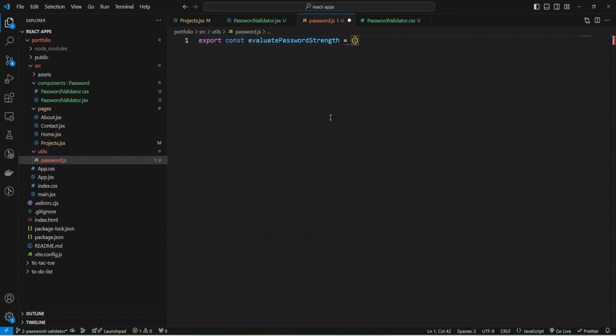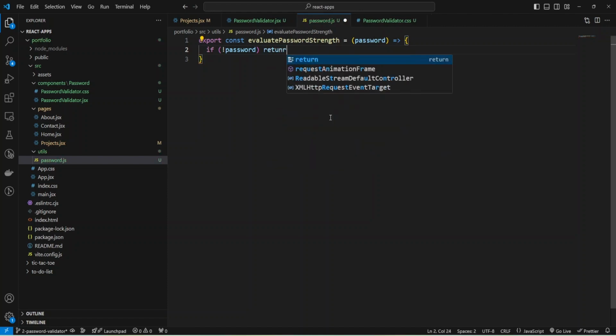and we will provide our password inside that function, and get a string value if it's weak, strong, or medium, and if not password, or if it's empty string, then I'm going to just return empty string because we cannot identify our string.